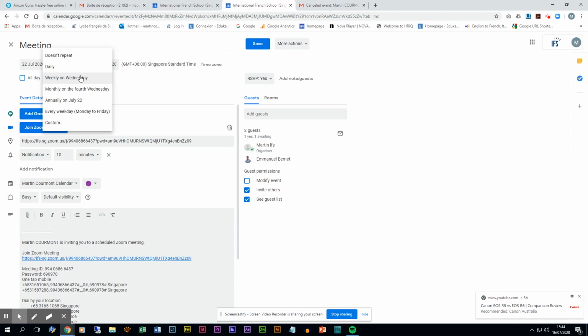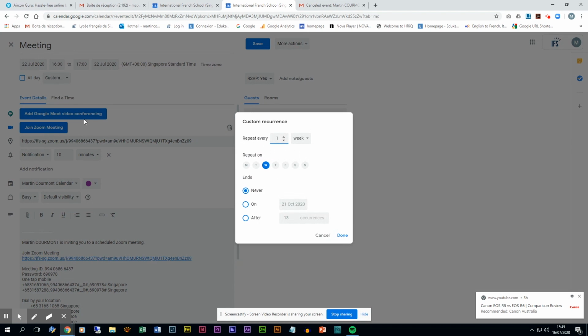Be careful with this function because your event will be repeated forever. If you want to stop this event on a certain date, you need to click on Custom. Then you can choose when your event will end. Click on On.